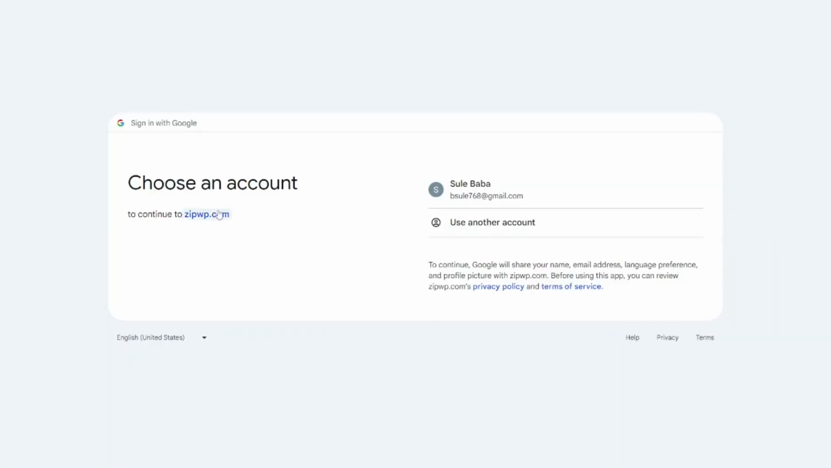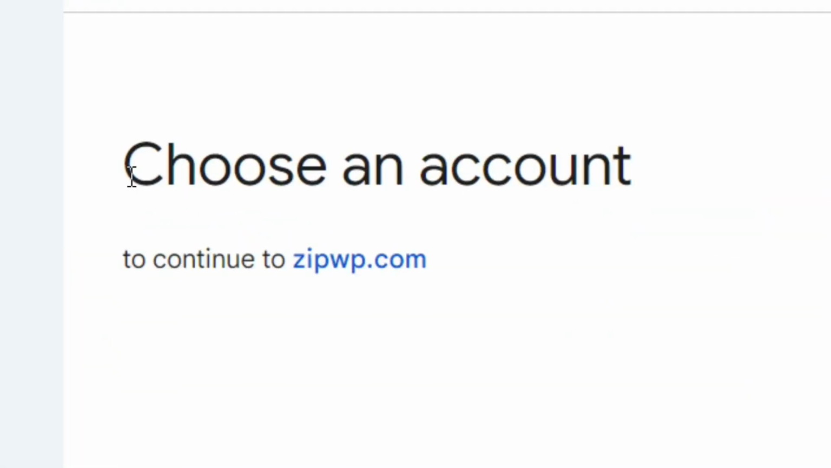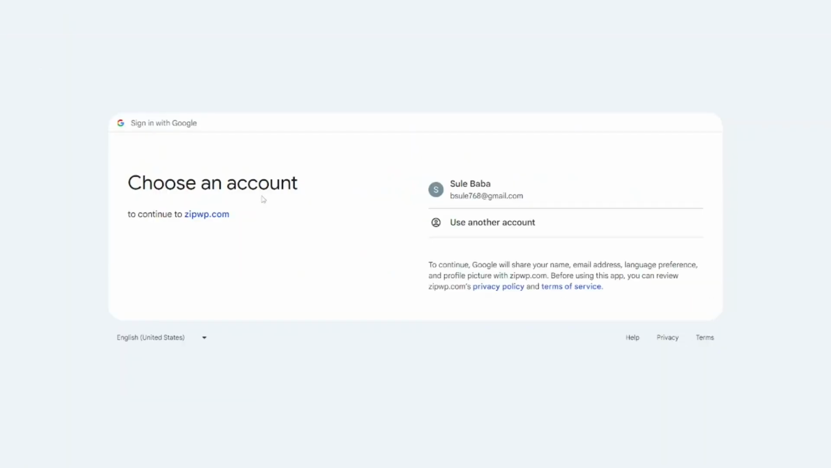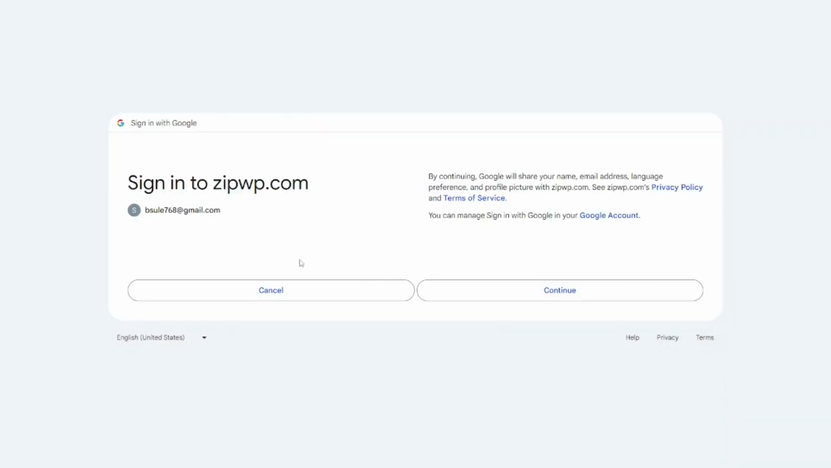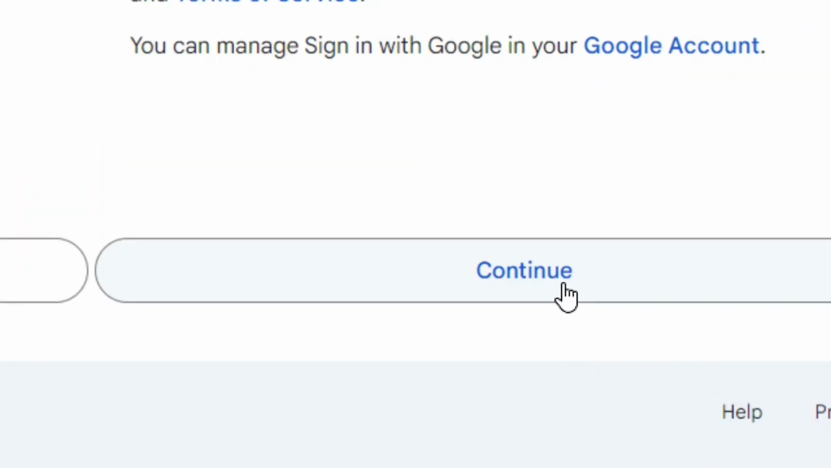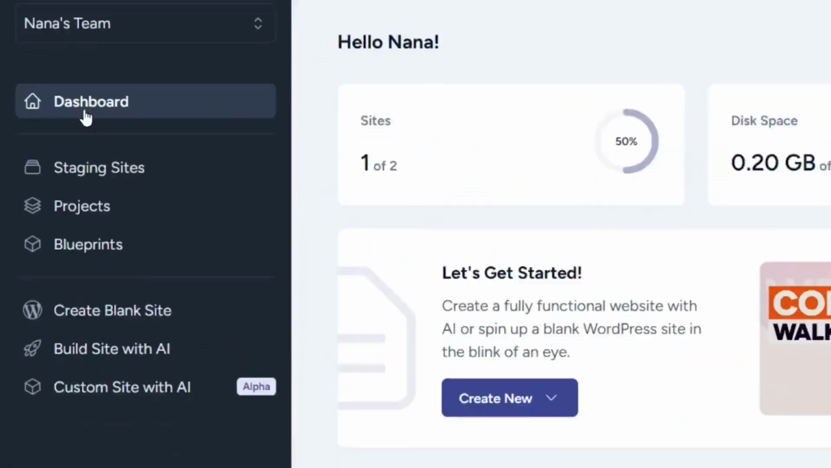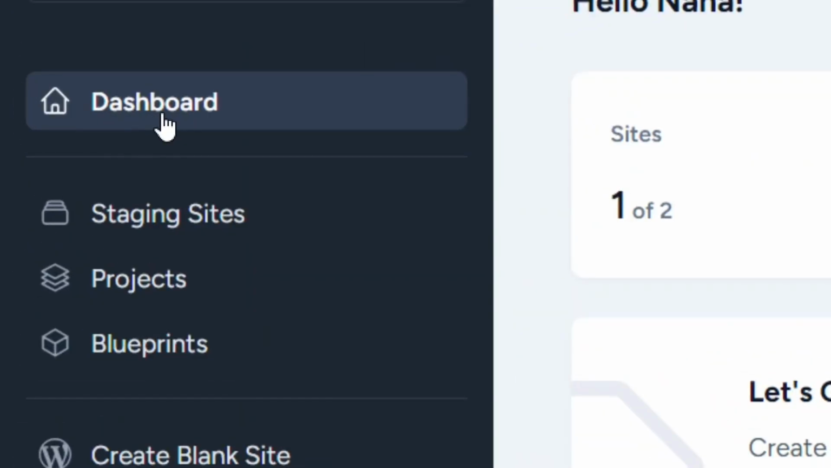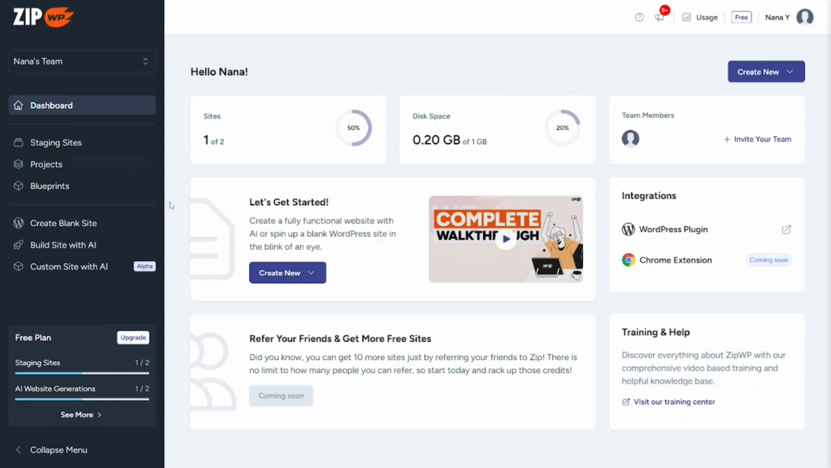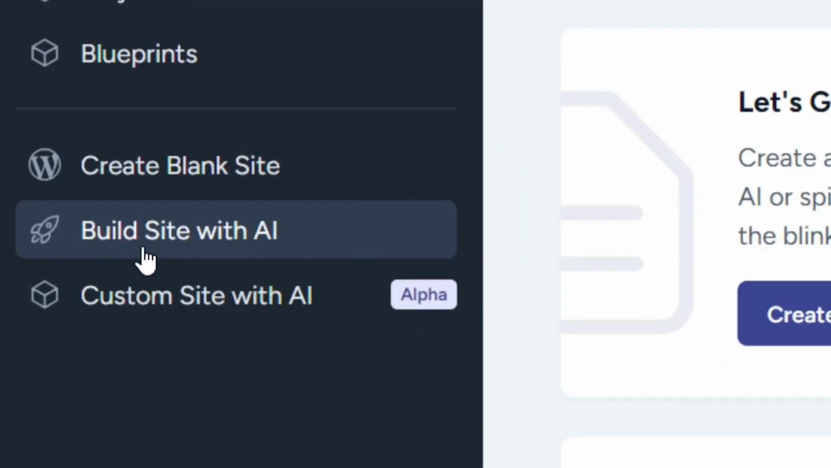Okay, so over here, what you have to do is choose the Gmail account that you're going to use to create the account by selecting it. When you are done, simply come here to where it says continue and click on it. Your account will be created and you will log in right into your dashboard, just like this one. From the dashboard, come here to where it says build site with AI